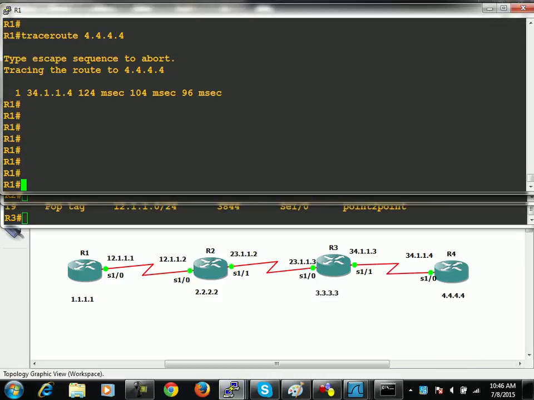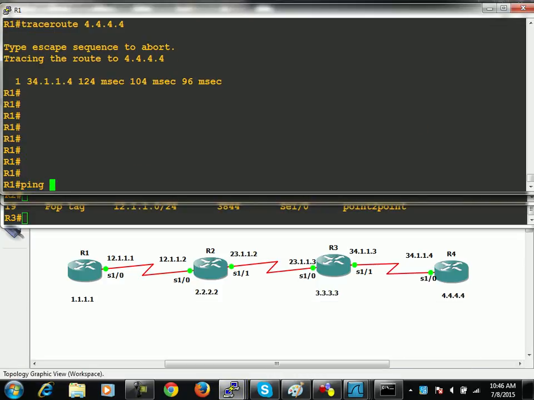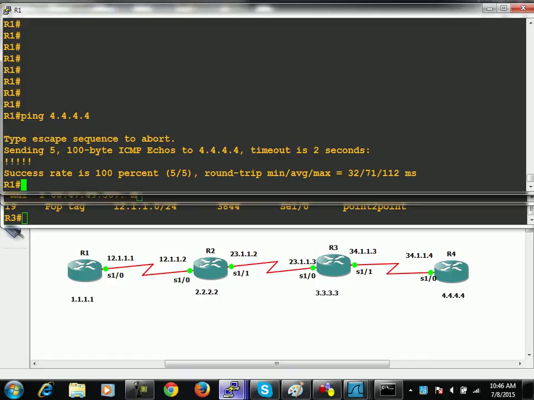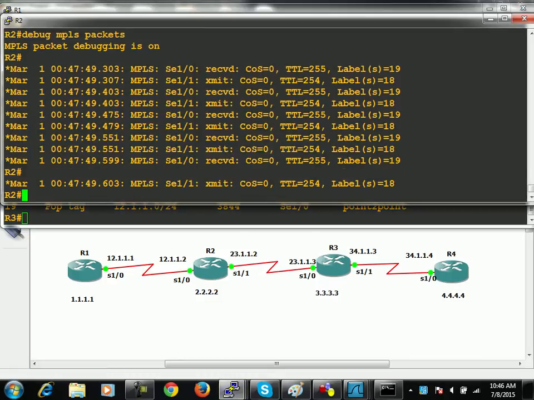From R1 you can try to ping with, move on R2 now. You see, it received one packet on S1 by 0 with label number 19. It transmitted it out from S1 by 1 with label number 18, because 19 was swapped with 18. And then packet came back from there, ICMP echo reply. It came with label number 19 and it replaced it with label number,